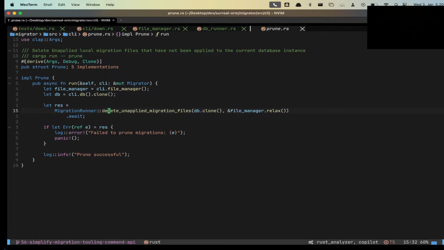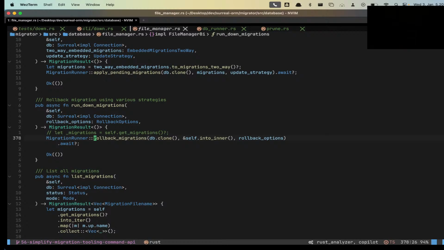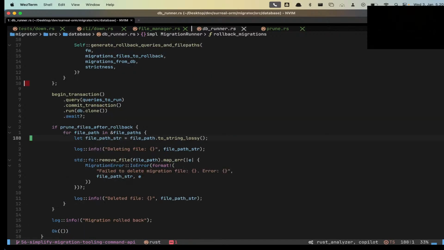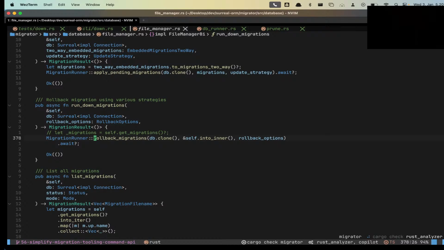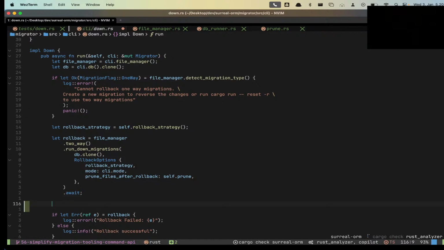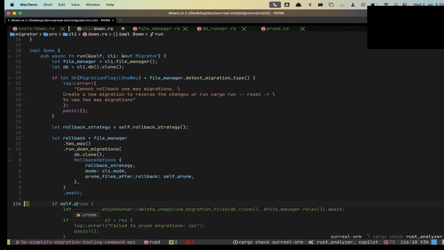And apply migration. Yeah, I think rather than even doing that, we should just, and we already have that. That's great. And if serve run, yeah, we can do migration data, apply migration, or just